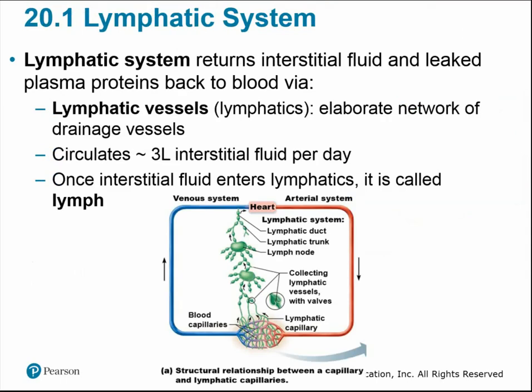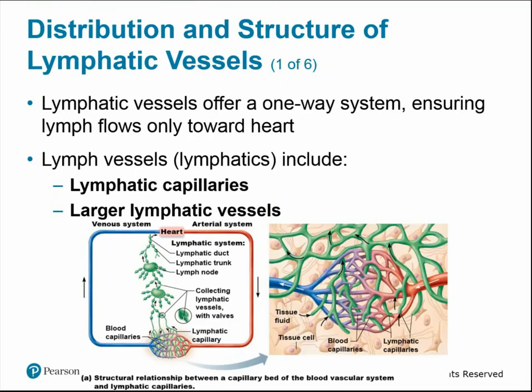So like we said, the lymphatic system is just going to return any leaked interstitial fluid and those plasma proteins back to the blood via these lymphatic vessels. Okay? And again, once the fluid enters the lymphatic system, it's referred to as lymph. So lymphatic vessels are going to have a one-way system. So the fluid is only going to travel one way back toward the heart. So they're going to travel kind of alongside the venous system and returning that fluid to the circulation in the